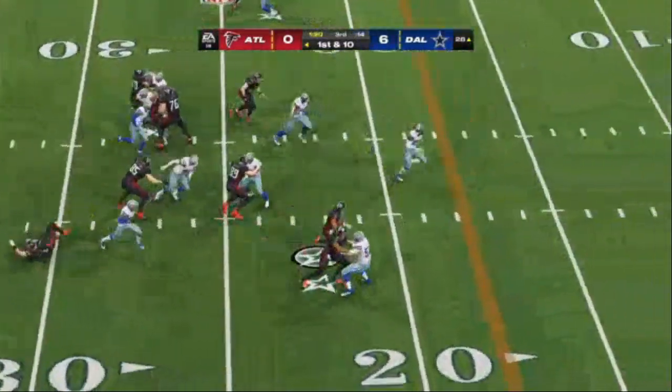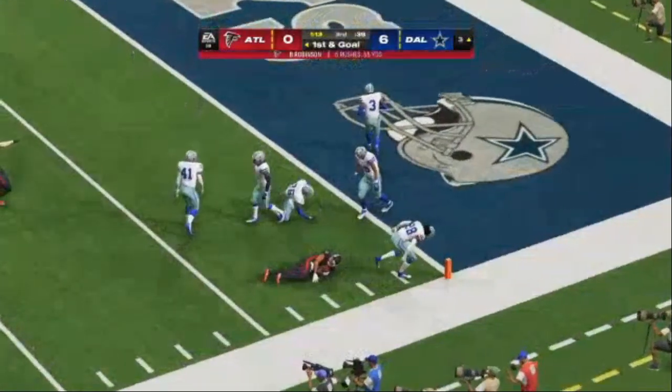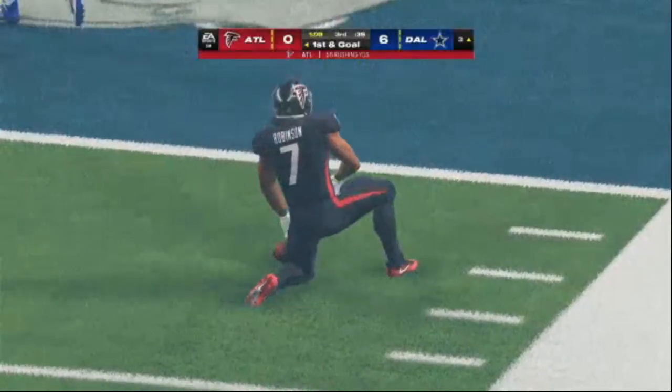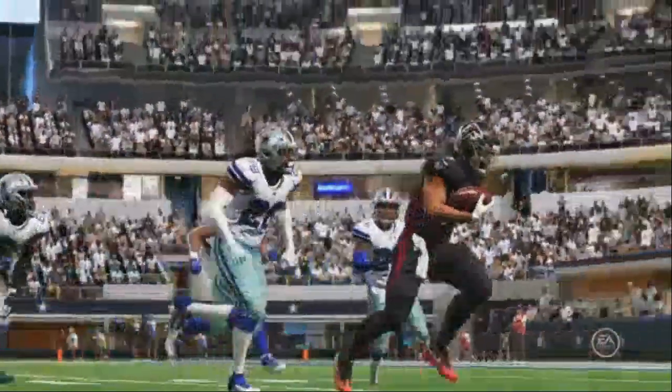On 1st and 10, it's Robinson. There's Robinson showing the flash. And they will eventually get him down, but he's inside the 5 all the way to the 3. 55 yards rushing for him now, and he's carried the ball just 5 times. He covered a lot of ground, great blocking, and now they can sniff that end zone. They certainly can, and because of that run,